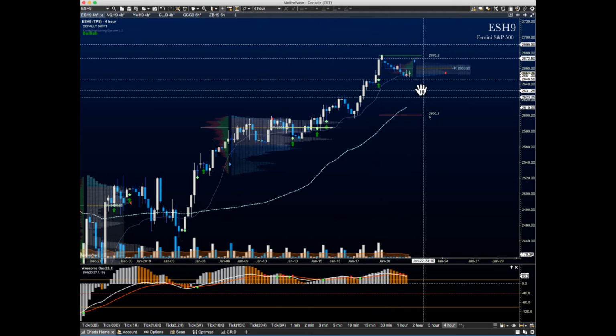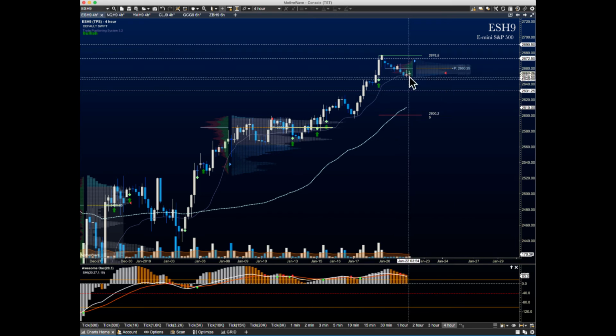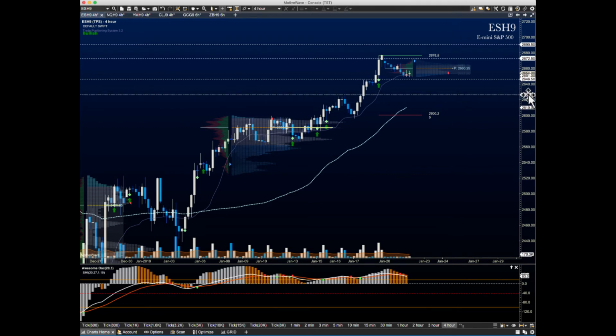Today in the ES, we are looking at support areas right around here. Our automated system tells us that this is relative support, so it's going to be bringing buyers into the mix. We've been doing that for about the last 10 hours or so. The key is, can we get up and over 2667? If we cannot, the chart will then slip into its next area of high profile support, which will really be